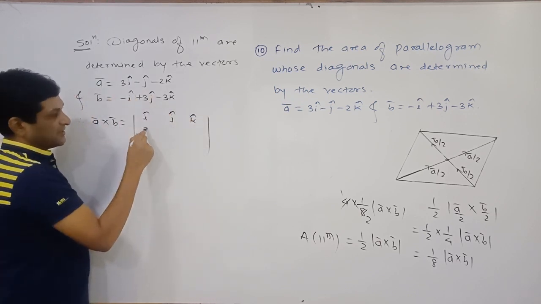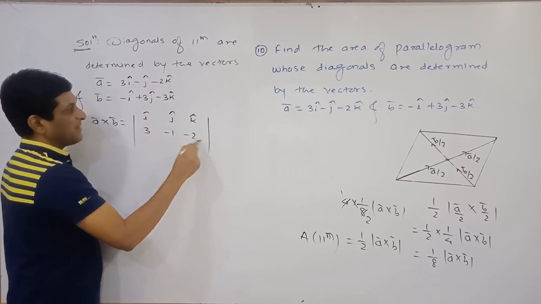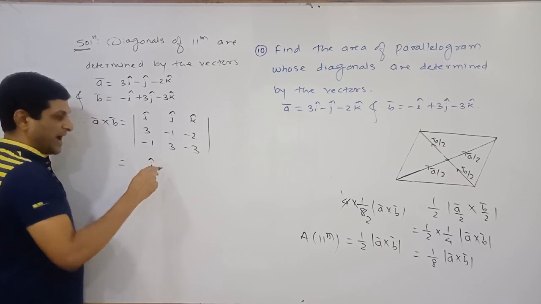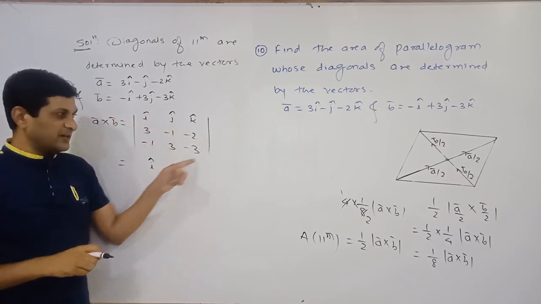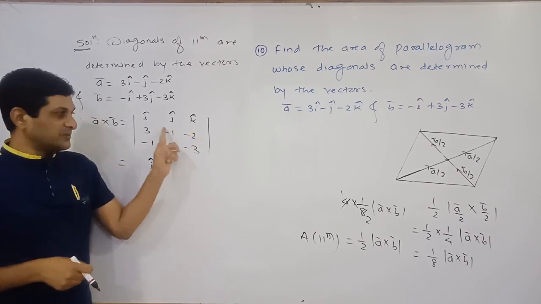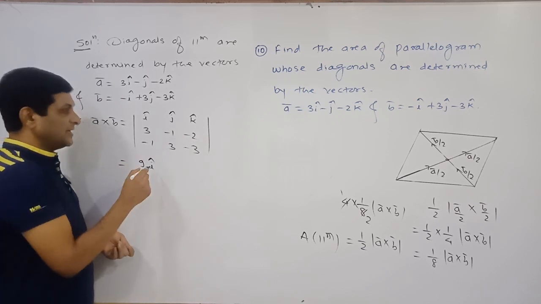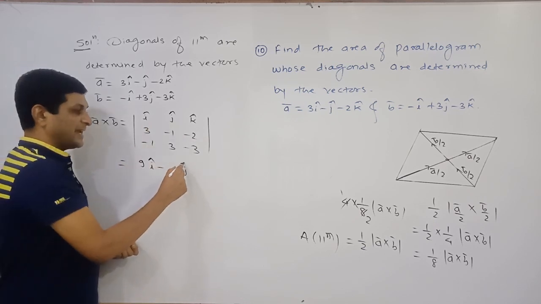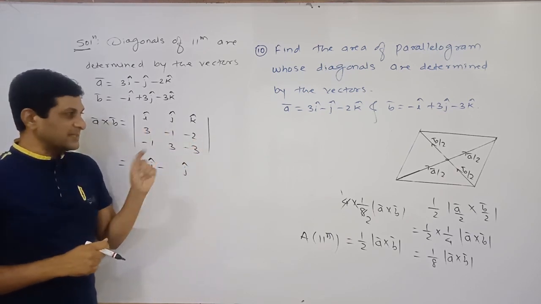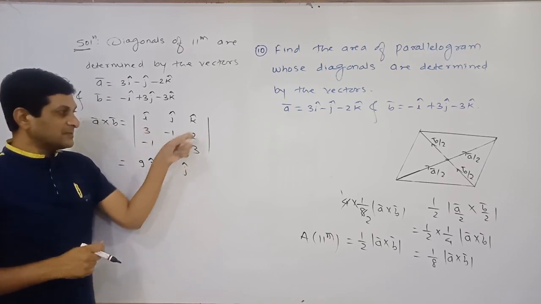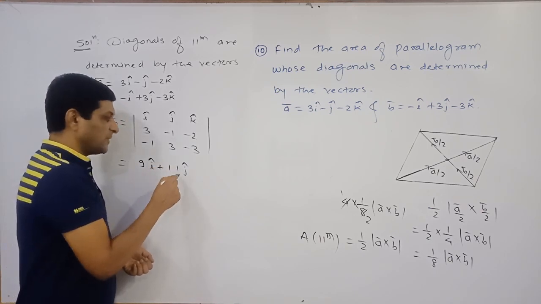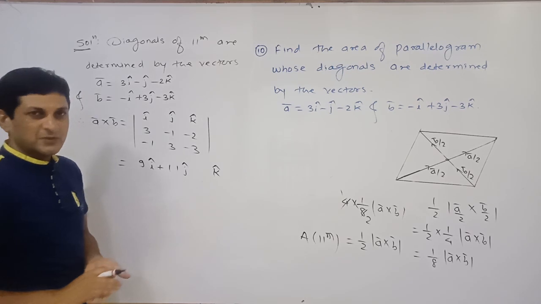the cross product of these two vectors. Here the elements of the second row are 3, -1, -2, and the third row are -1, 3, -3. Let us simplify this determinant. Keep i cap as it is, delete this column, and find the determinant of these four elements. So here 3 minus means plus 6. 3 plus 6 will be equal to 9. Here j cap has a plus sign, so we get minus j cap. Delete this column. Now find the determinant of these four elements. This product is -9 and this product is 2. -9 minus 2 will be equal to -11. -11 and this minus will become +11.